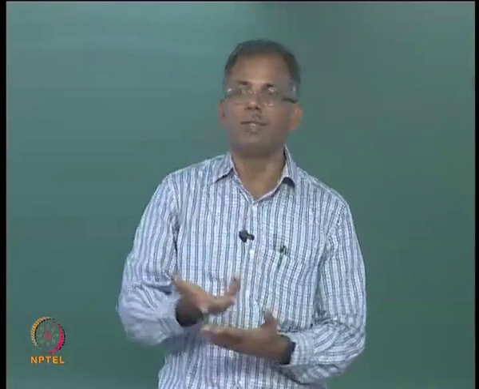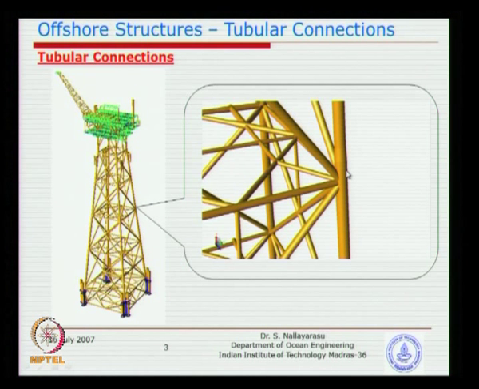So if a brace member is like this, you can't expect the load to go upwards and then go to the sky. It's not possible. So basically these loads are going to go to the leg only, because the legs are predominantly larger in size. As you can see, the more the stiffness, the more the attraction of loads. Imagine this one member here, supported on one smaller member on the left side and a big leg on the right side. The stiffness of the leg is more than the left side member. So by relative stiffness, you will see that most of the load is attracted down to the leg.